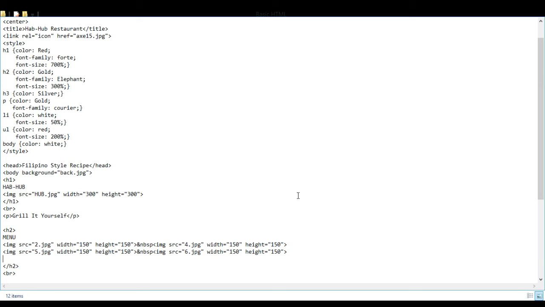So there you go. Image source. I name it 2 and I set their width and height to 150 and I put four images. So let's save this,